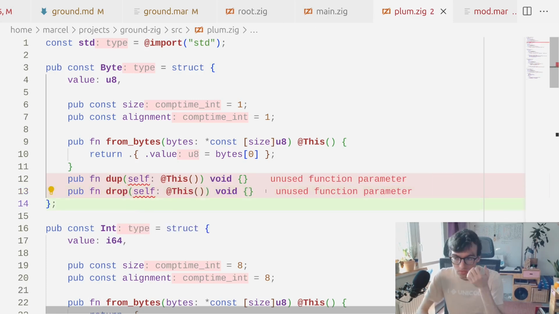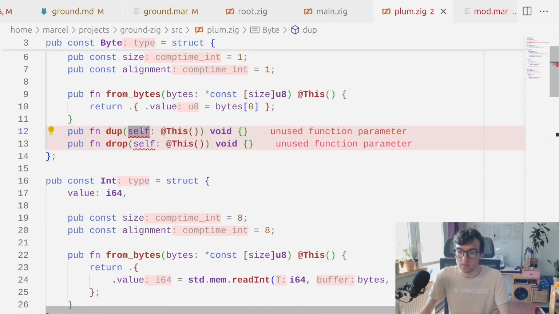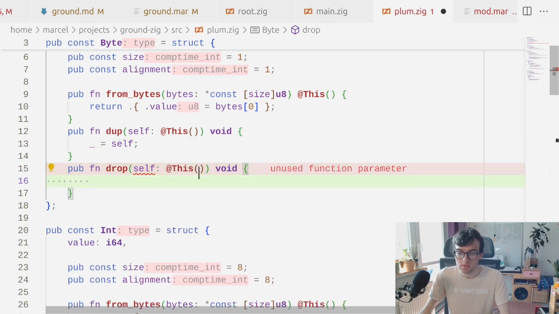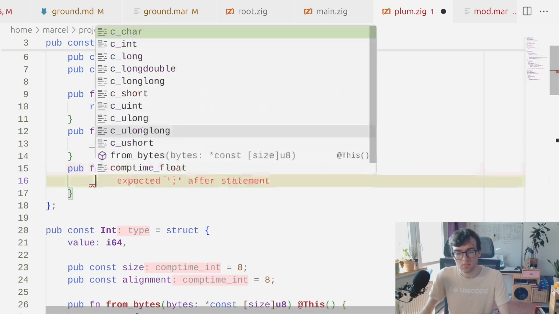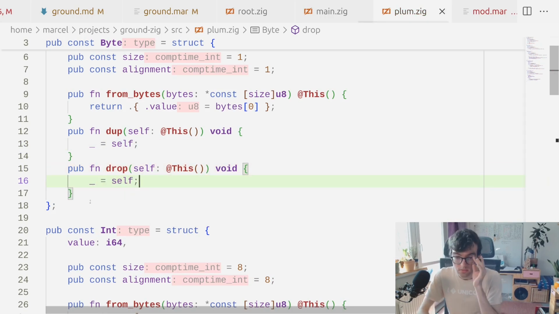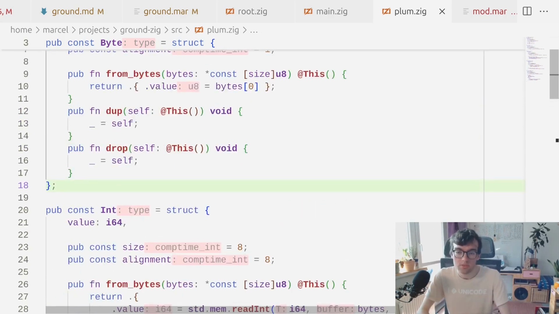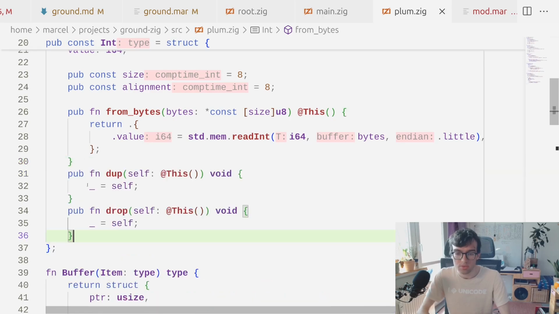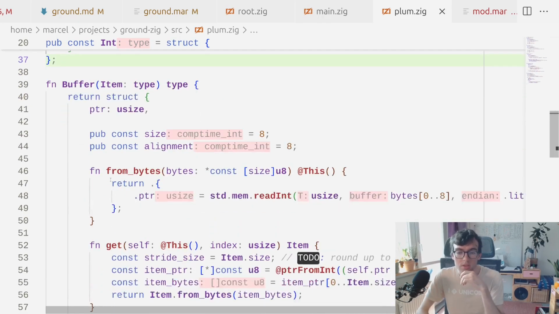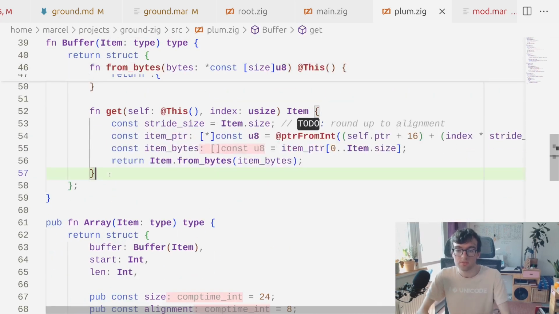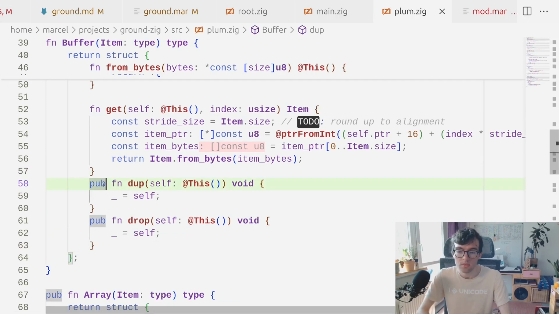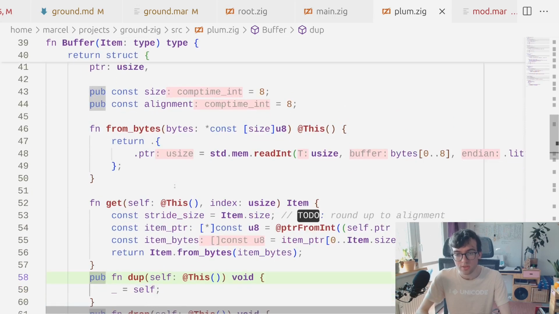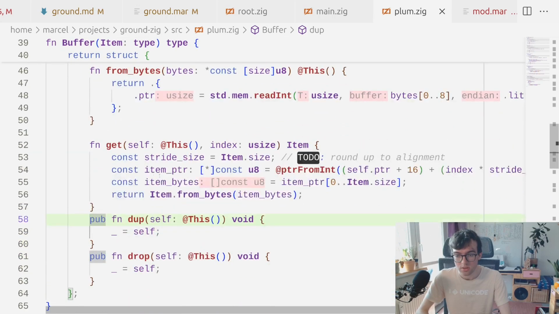Drop also doesn't do anything. Same for ints. Dupe and drop doesn't really do anything. For buffers though, well, dupe and drop does something. Duping a buffer is actually just you're getting,